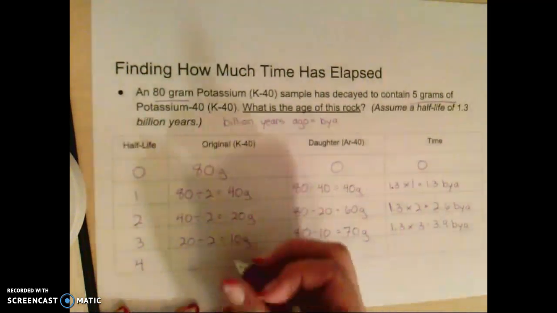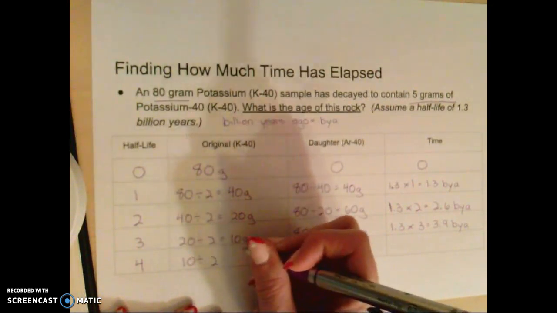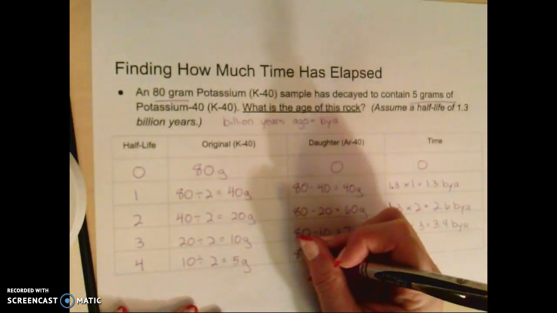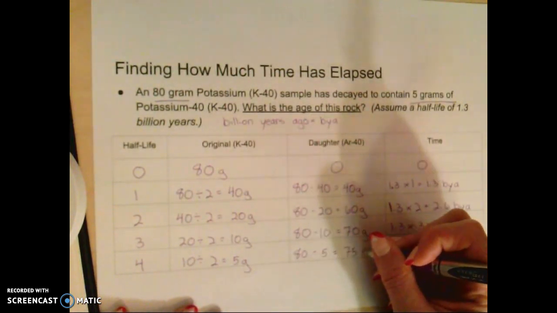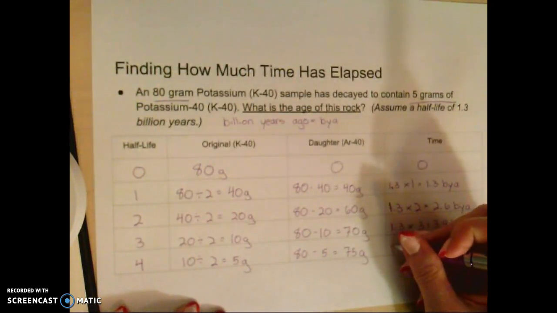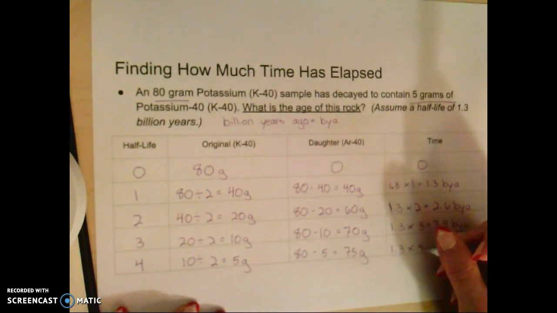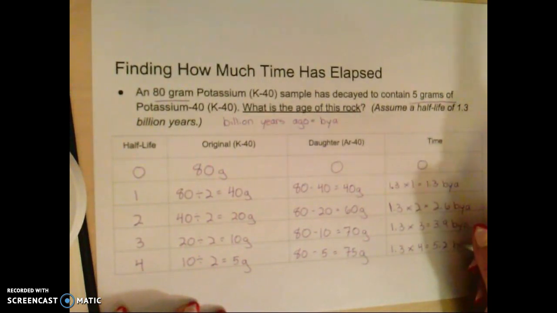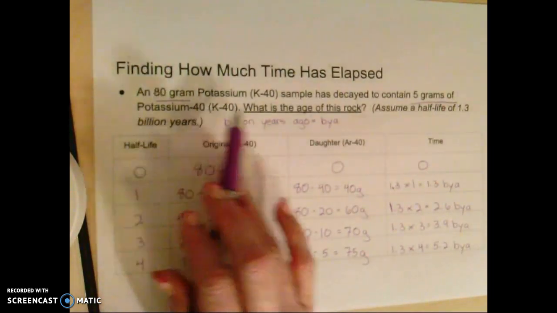So now we're on our 4th half-life. We have 10 divided by 2, which equals 5 grams. We have 80 minus 5, which gives us 75 grams. And then we have 1.3 times 4 gives us 5.2 billion years ago. So again, when we go back to that question, we have an 80-gram sample that has